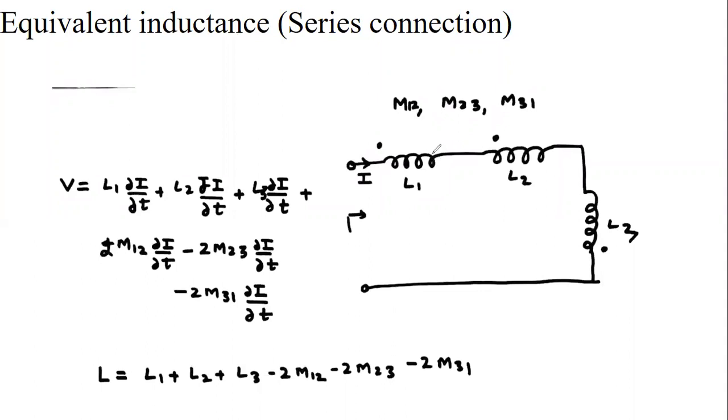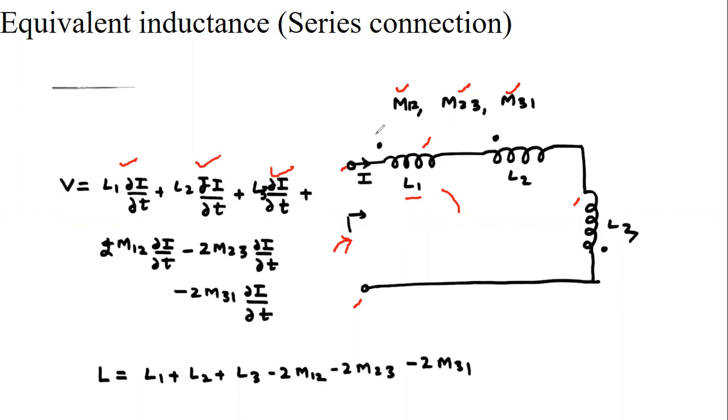Now moving on, here we have shown a problem. Suppose we connect a number of coils L1, L2 and L3 in series, with coupling between coil 1 and 2 being M12, coil 2 and 3 being M23, and coil 3 and 1 being M31. The self inductances are L1, L2 and L3, and we have to calculate the equivalent inductance between these terminals. Because all are connected in series, the current is the same. So the first terms are L1 del I by del T, L2 del I by del T, and L3 del I by del T.